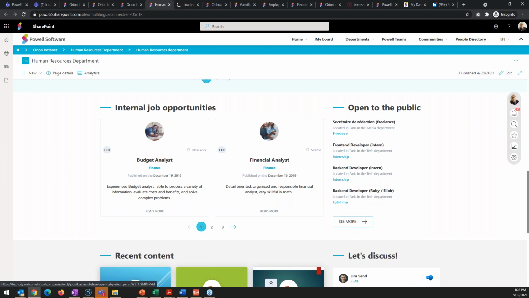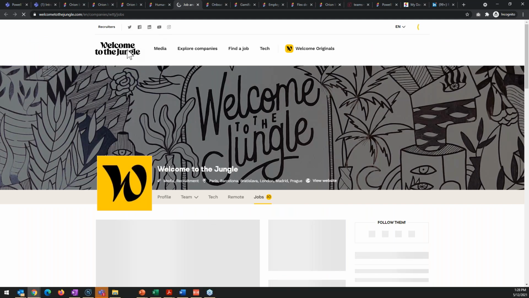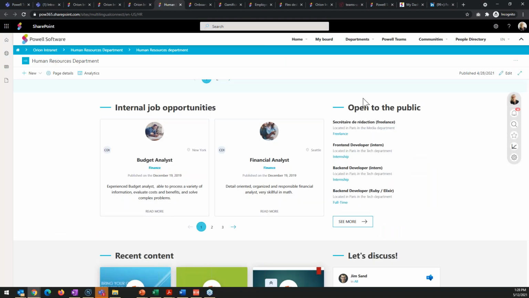Now, one web part I wanted to show you here is this one. If I open this, this is actually displaying information from an external system. So this system is sitting completely outside of Office 365. What we do here is we leverage an API connector that we have developed and which is available in Pale Intranet to display any information coming from an external system through the API of that external system. So we've done it here with this job board.